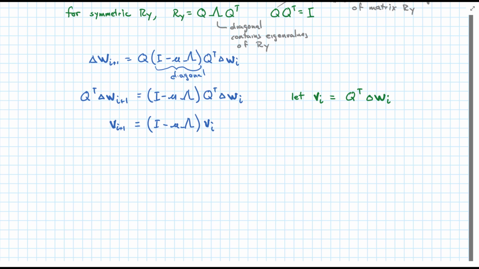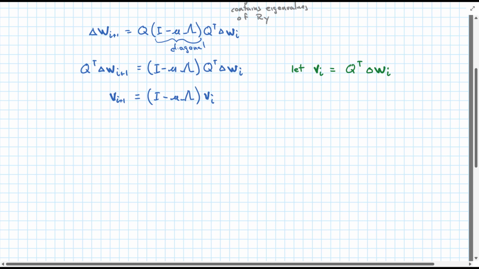And so we can now write this as n or p or whatever our dimension is, individual equations